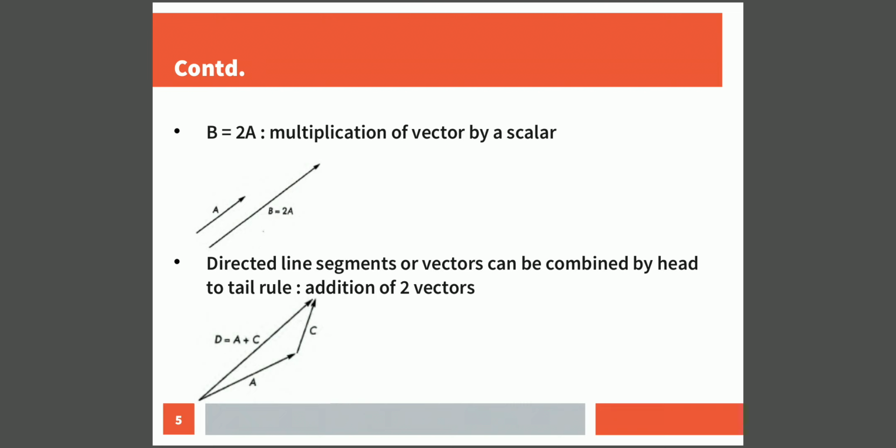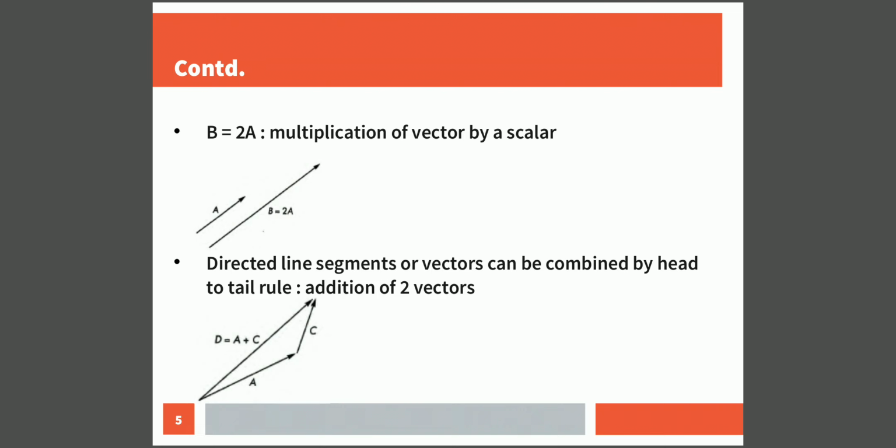That means when we multiply a scalar value 2 to a vector A, the length of the vector A is doubled. But we are not going to change the direction of the vector. The direction remains the same. When you multiply a scalar value with a vector, the length or magnitude of the line segment will vary. So initially we have considered a vector A. When we multiply a scalar value 2 to vector A, we get a new vector or line segment with the magnitude 2 into A.